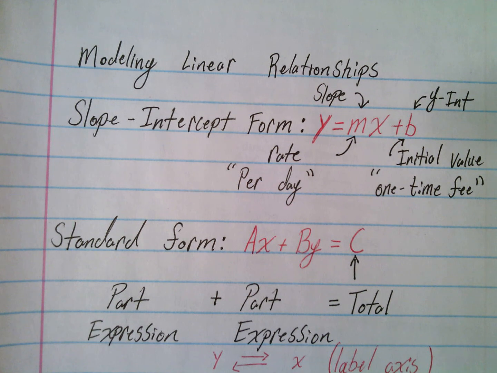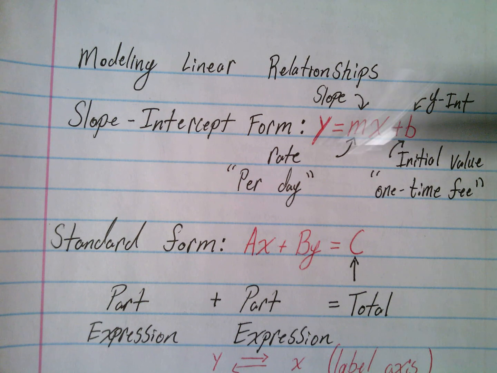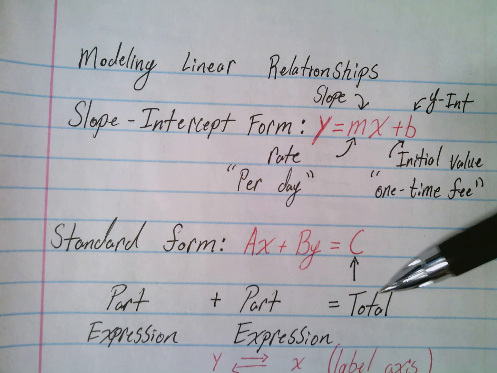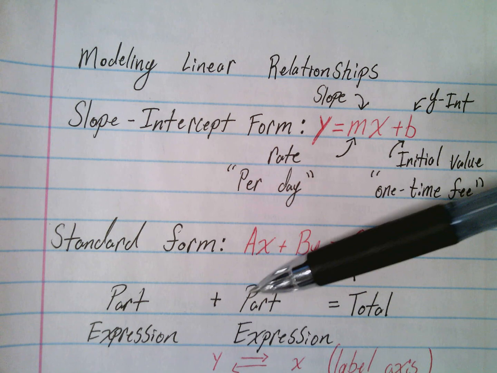All right, folks. So what we're going to do here is look at another example for modeling a linear relationship. And remember, when we do this, we want to start by deciding which type of equation is going to be best for us. Are we dealing with slope-intercept form, where it's a rate and an initial value? Or is it a total problem where we have two parts that we're adding together